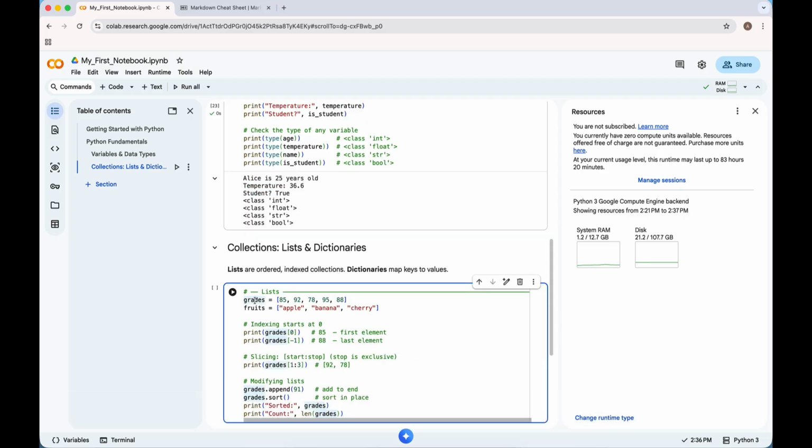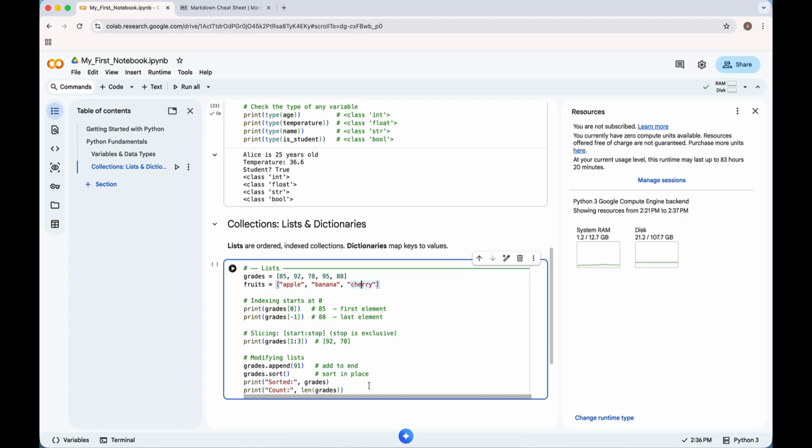So for example, a bunch of ordered things might be grades, the list of grades of people. First grade was 85, second grade was 92, third grade was 78, 95, 88, and so forth. And let's say you might have a list of fruits. The first fruit is apple, banana, then cherry. The only interesting thing about this is